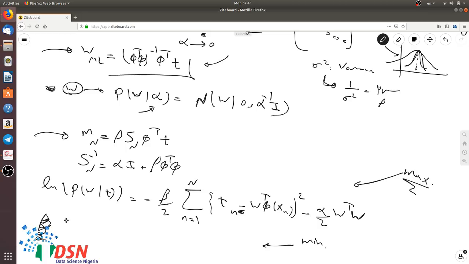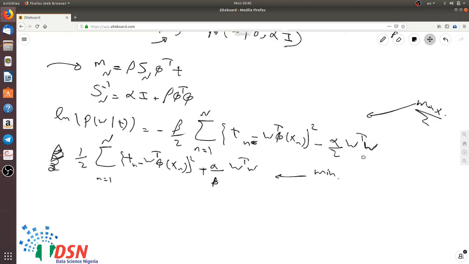So let us factor out beta also. So we have Tn minus W transpose phi squared plus alpha over beta W transpose W. So it means that we are minimizing this. Now this is a very interesting